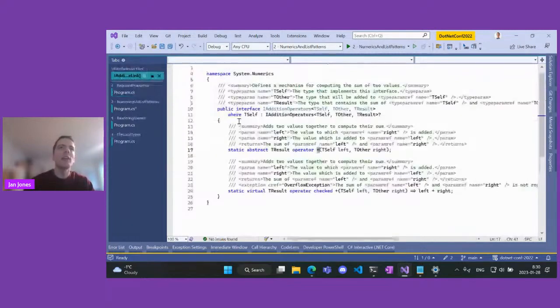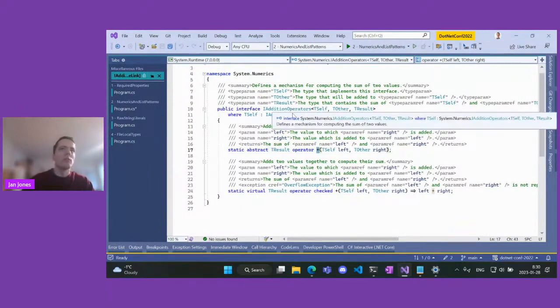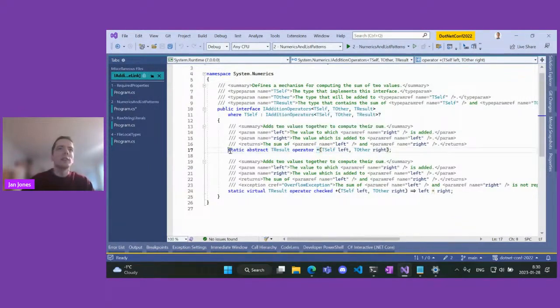You can see that it's defined on INumber through some other interfaces, but we can see it's really here, and it uses the new feature, which is the possibility to have static abstract members on interfaces and also static virtual members.